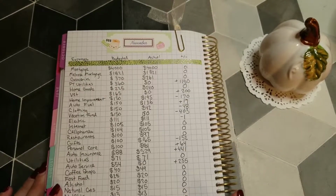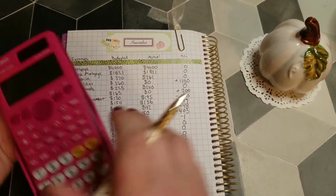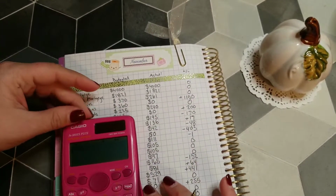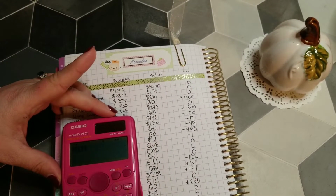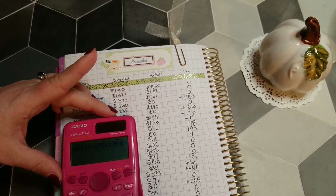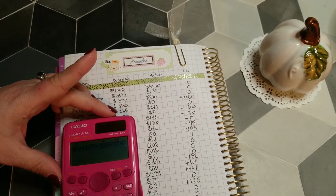So got down to the end, and I like to total both of these lines up. So get my trusty calculator here. Let's do the actual, what I spent. So 4,018.21 plus 261 plus 240 plus 195 plus 136 plus 42, 111, 105, 105, 97, 165,